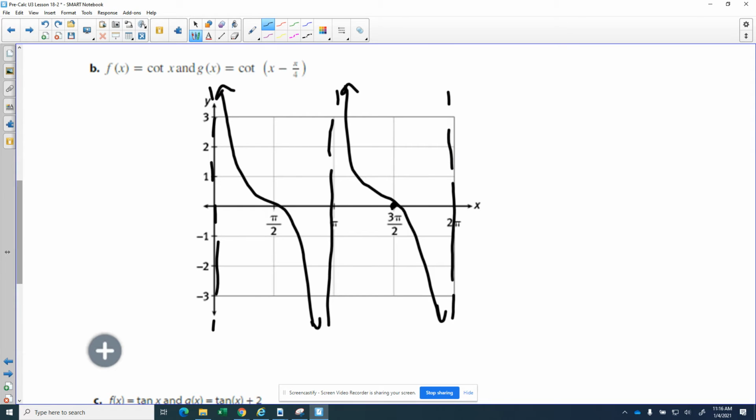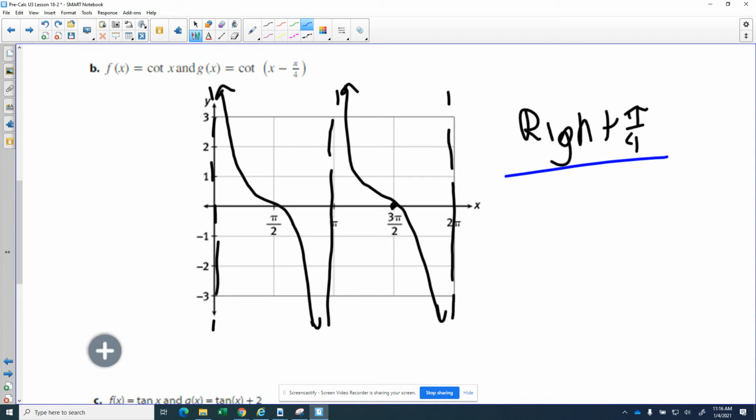Next, if we look at something like the cotangent of x minus pi over 4, the key thing I want you to understand is that anytime we're doing a left or right transformation, we want to move the things that are easily movable. Those things truly are your asymptotes and your x-intercepts. So if I look at this problem and I see it's going right pi over 4, truthfully, all I'm going to do with all of these set points is move it by pi